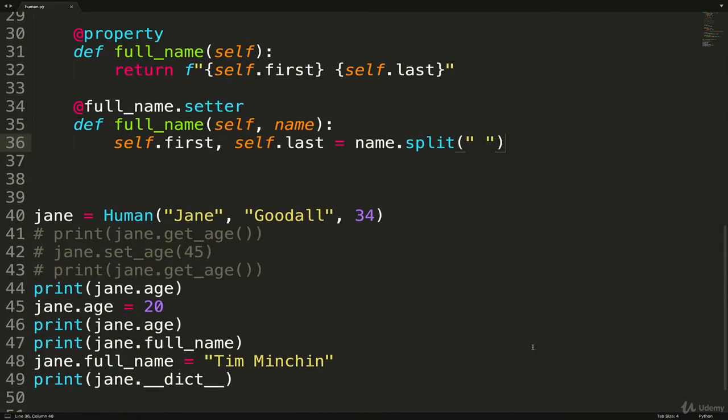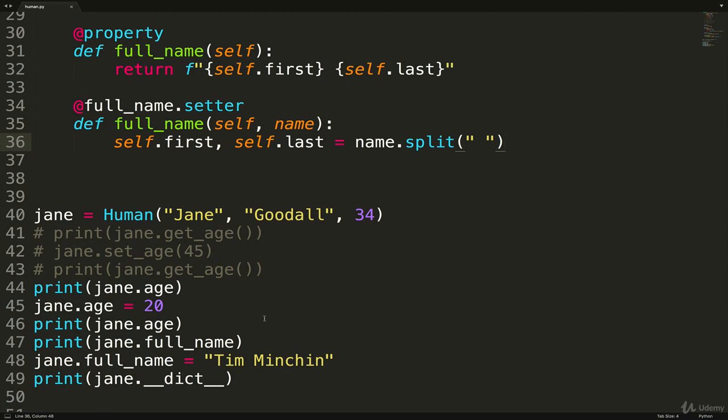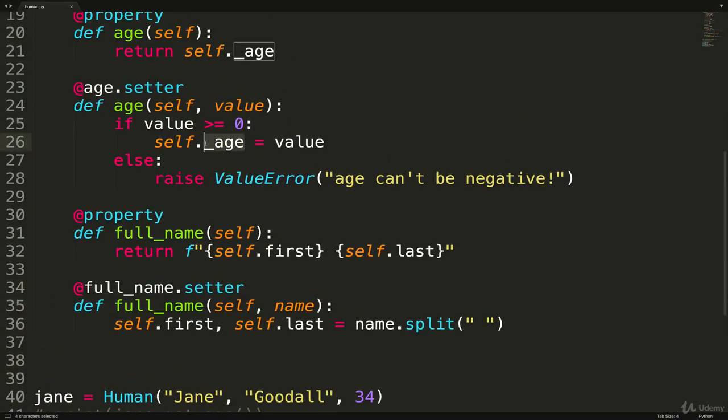So those are properties. It's just a nice bit of syntactic sugar so that we can access things like jane.age instead of having to do jane.getAge like we had up here. But always remember that a user could just type jane._age and circumvent all of this. So it all comes down to developers respecting what code and what's been written by other developers. Otherwise, these properties are meaningless if we can just go around them. And that's the point. That's how Python is set up without having private methods or private attributes. It just comes down to following conventions. Anyway, that's properties.